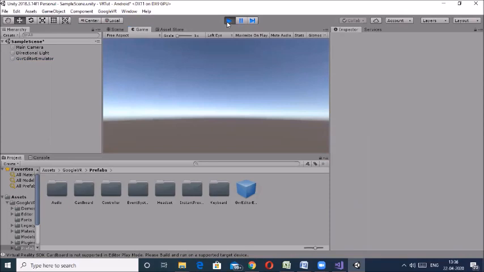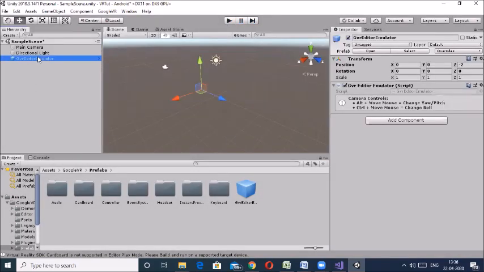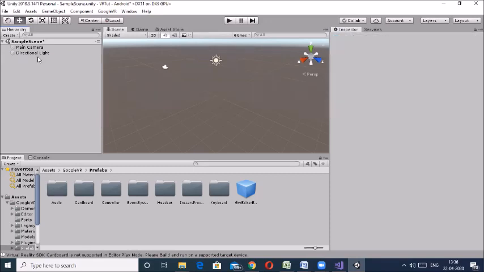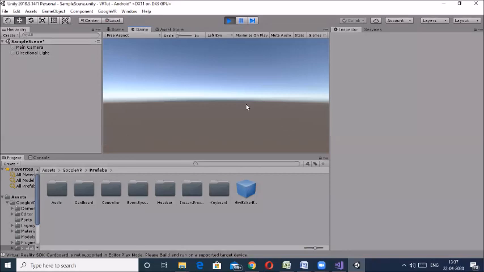This is a basic property of virtual reality. For example, if I delete it, it's a simple Unity program, and in play mode you will not be able to move the screen by pressing alt.